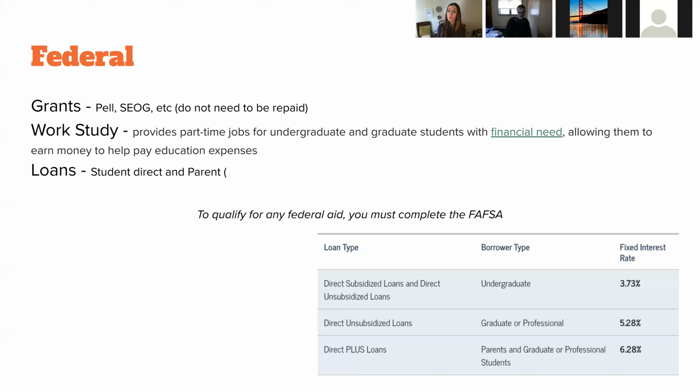Those loans are non-transferable. So all of these loans are non-transferable. Student can't transfer their loan to a parent. Parent can't transfer their loan to the student. I always joke, even if your student ends up making more money than you after graduation, you can't transfer the loan to them. You can make them pay you back, but there's no actual transferring that can happen. And then interest that accrues on these loans is tax deductible.